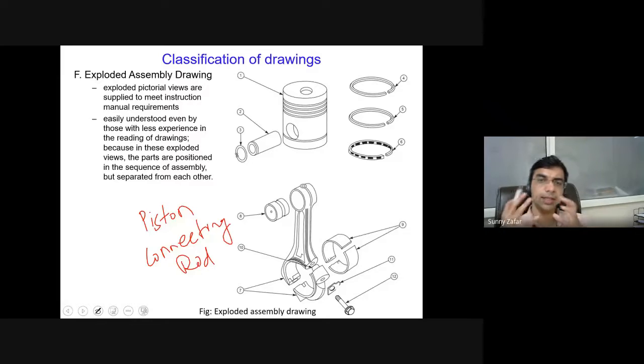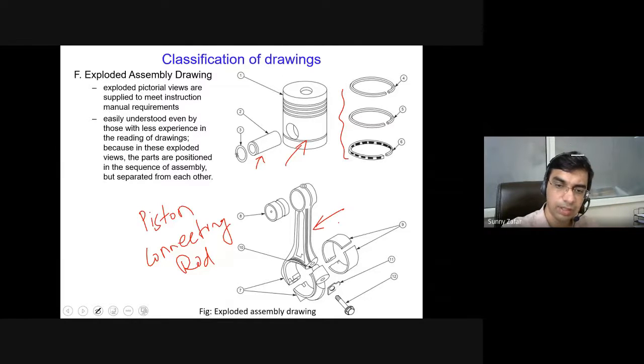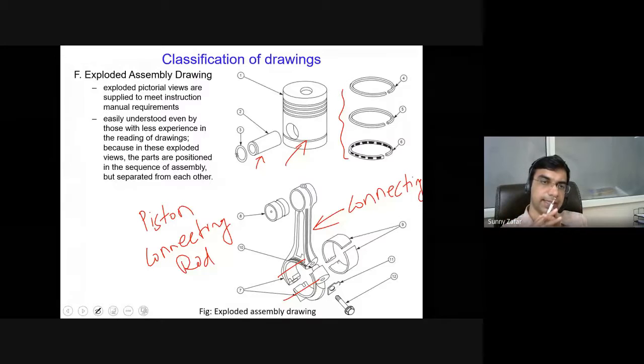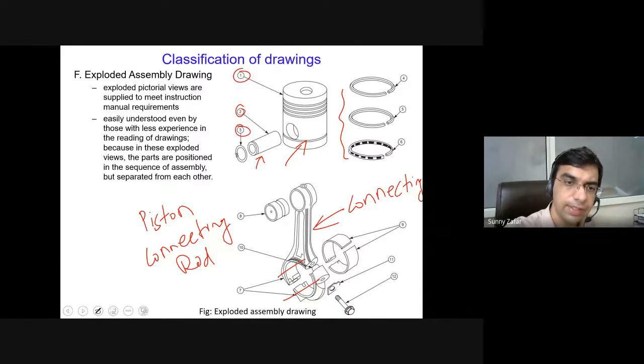This arrangement is used in internal combustion engines, basically to convert the chemical energy of the fuel into mechanical energy or rotation. In this example, the piston is shown with the piston pin, and you can see different rings of the piston, and this is the piston head which is connected to this connecting rod. The connecting rod is connected to the shaft which is keyed here, so here the shaft will pass. Exploded drawings are easily understood, but they are only useful for assembly of different parts. Generally the numbers shown on any exploded drawing give the sequence in which each part is to be assembled together.